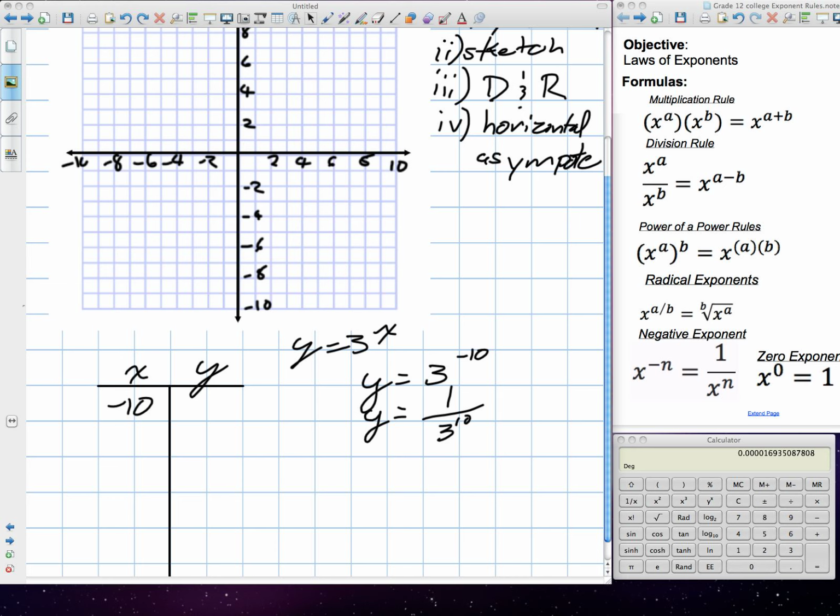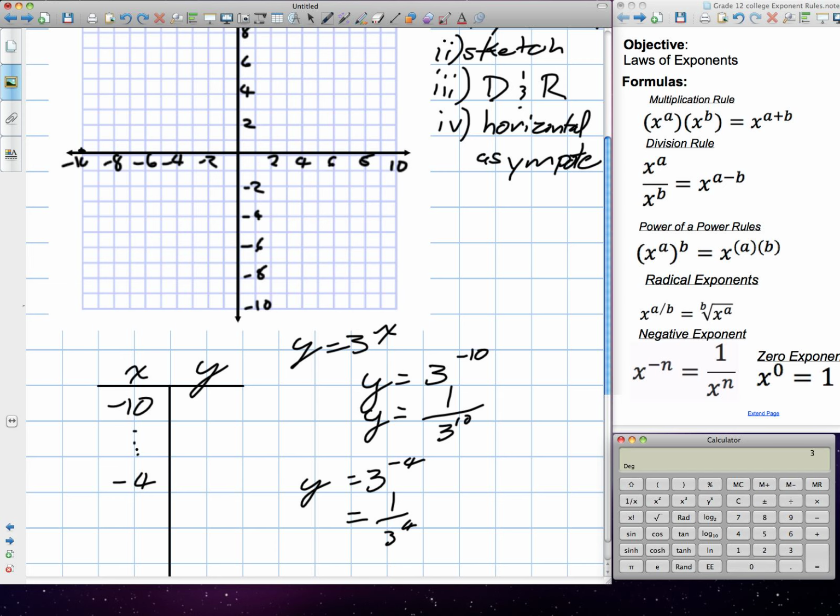Let's go to negative 4. Y equals 3 to the power of negative 4. Again, that's 1 over 3 to the power of 4. Again, a number closer to 0 than 1. So we have very, very small numbers right now. We're going to jump over again to,